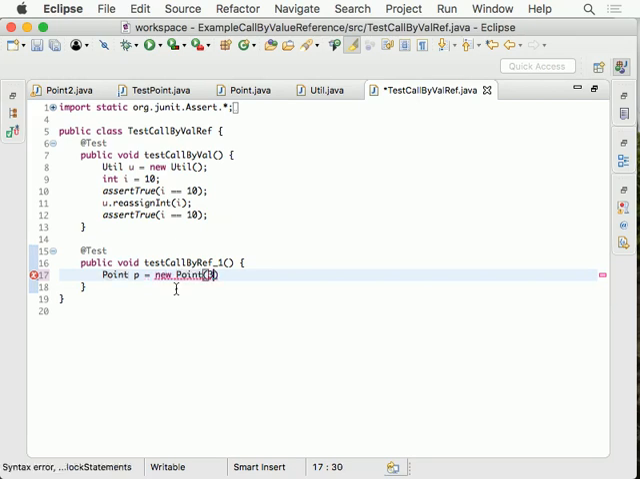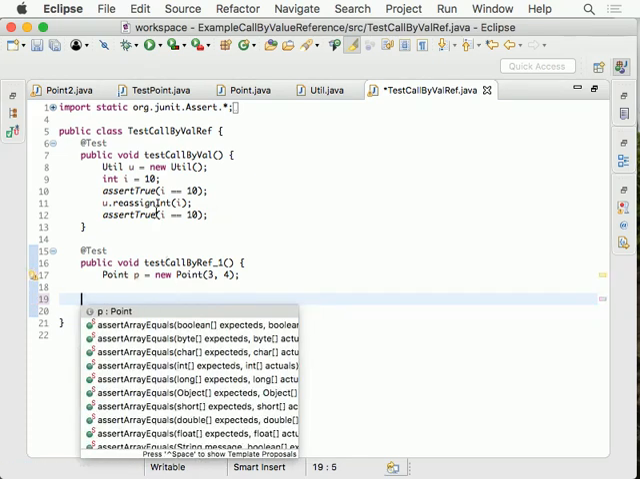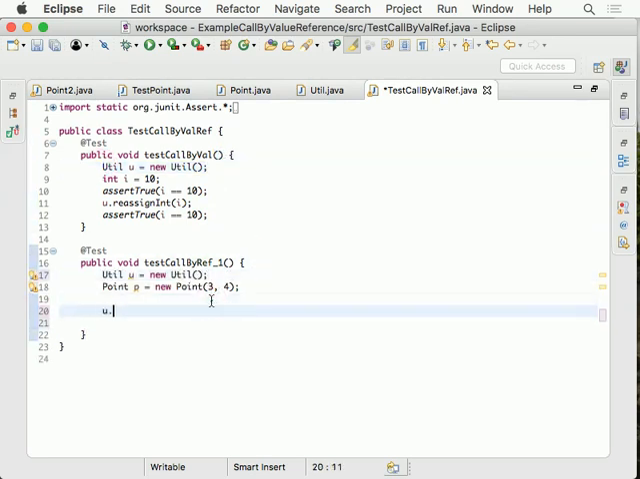And then I'll say 3 and 4. Okay? And then I'm going to somehow say u dot reassign. Oh, I got to create that. Let me create that first. And then I can say u dot reassign the ref, and then I'll pass P over here. Right? Internally,